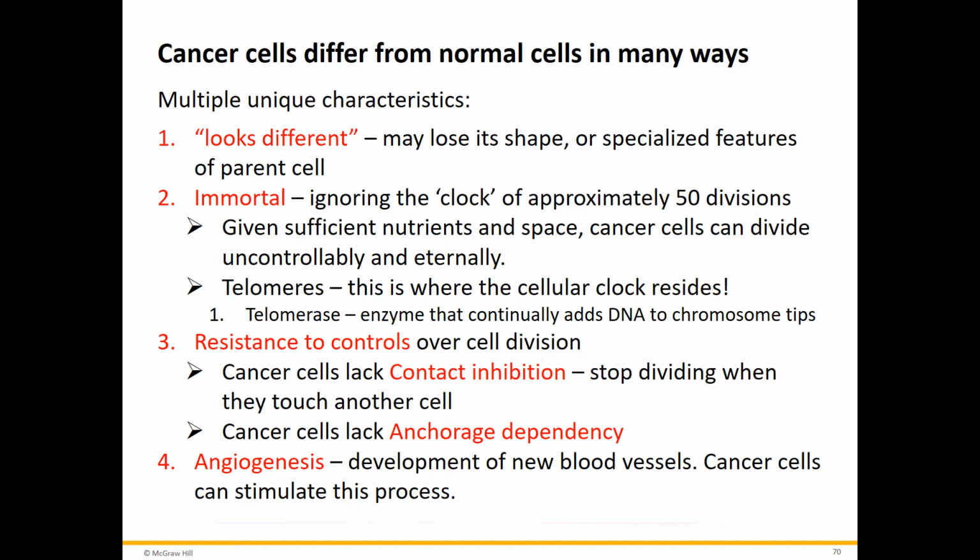And the other thing cancer cells lack is what's called anchorage dependency. Anchorage dependency is ensuring that cell division occurs on a basement membrane or a basal lamina. Cells like to have their feet on the ground, just like we do, but it's called a basement membrane or a basal lamina in the body. Cancer cells don't care about that. They will divide on top of other cells, just craziness. So they lack anchorage dependency as well.